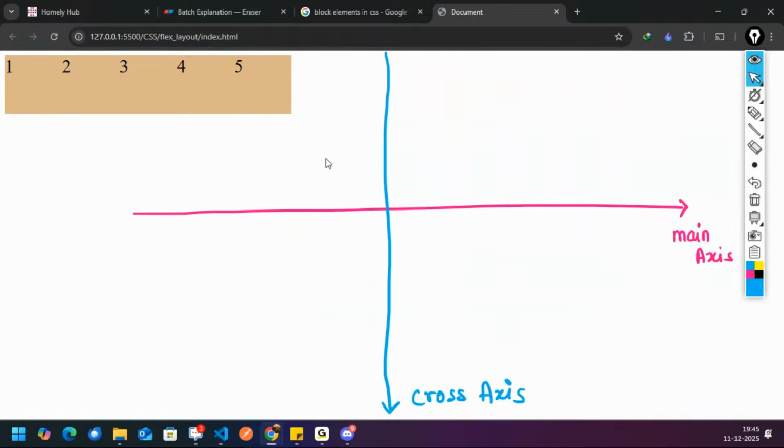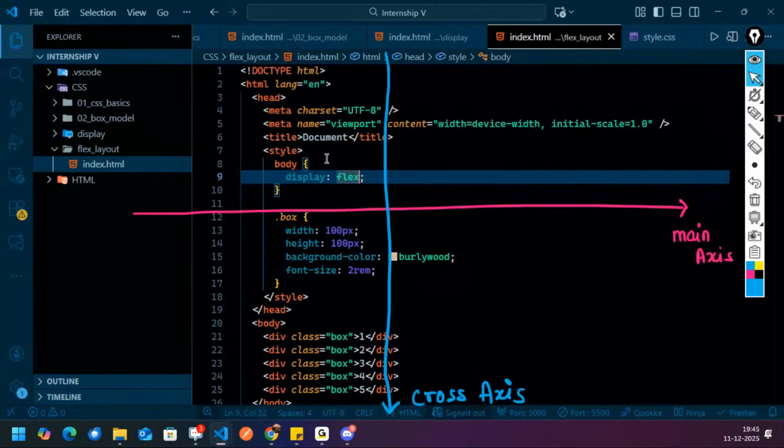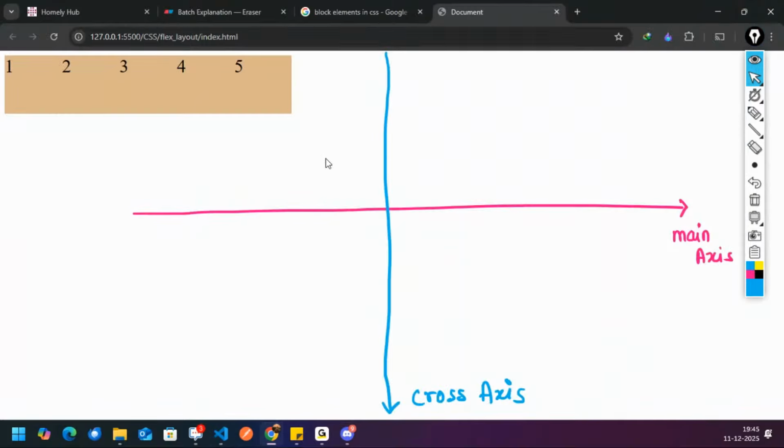See the transformation. So the main axis has been aligned with the display property flex. Now if you want to make it in the center, this is the biggest challenge. Have you heard that joke in development: "For the last 2 days I am thinking of how to center a div"? "I don't know how to center a div." Interviews are asking how to center a div. So if you want to make all these elements in the center,